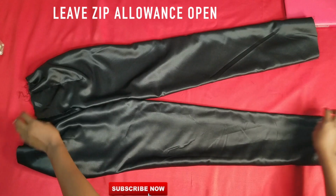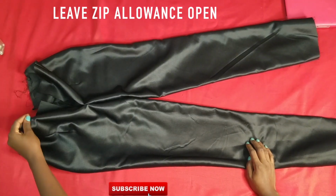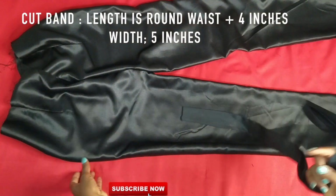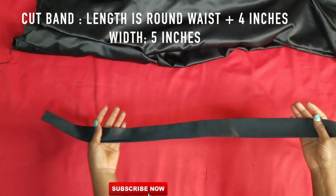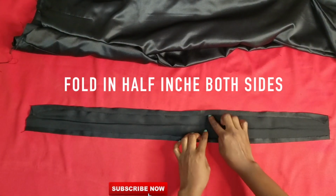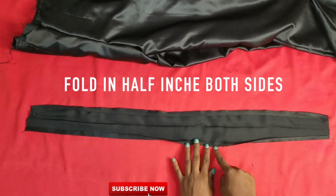After sewing, I left out the zip allowance open because I'll be sewing in my band from there. And this is how I got the length for my band. It is my round waist plus 4 extra inches for allowance, and then for the width, this is 5 inches